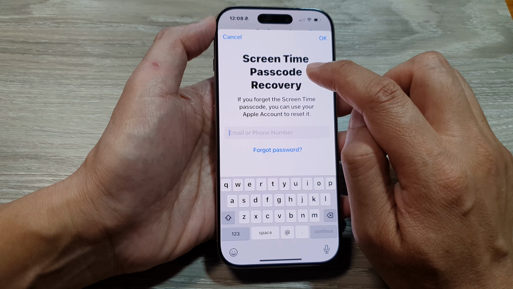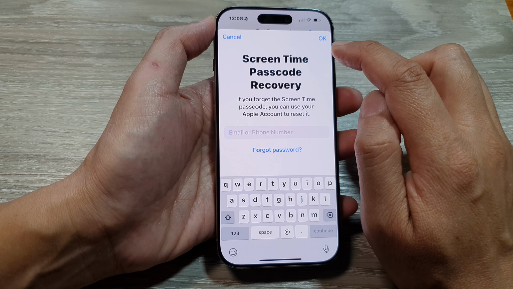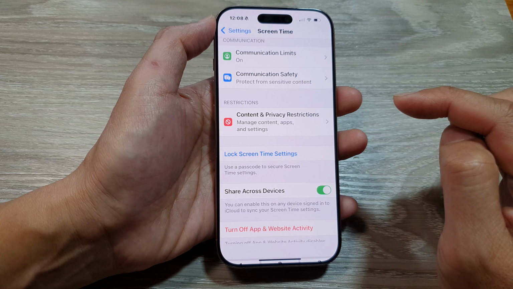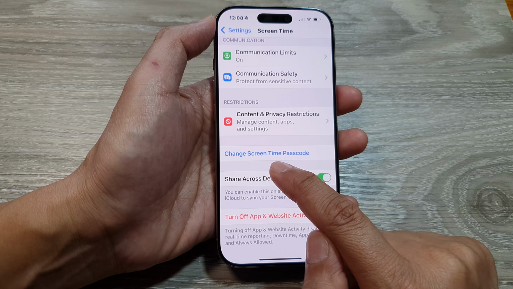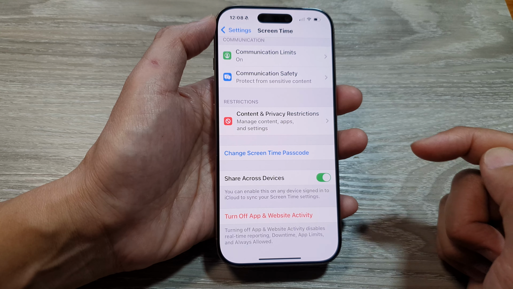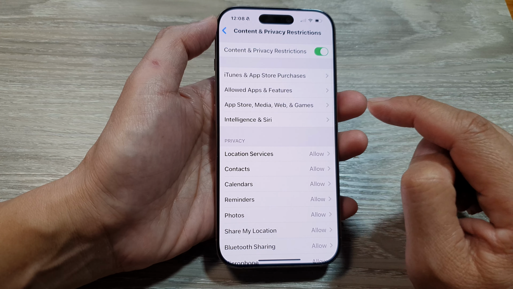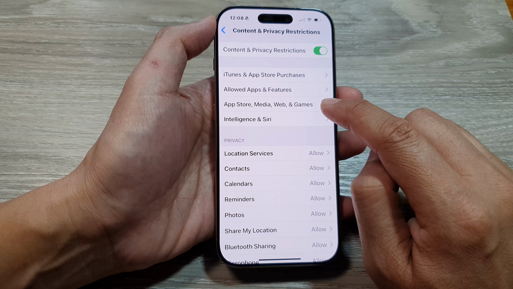Now it asks you, do you want to set a recovery code? You can do so, or you can simply just cancel. And then tap on Skip, and you still will be able to set up your screen time passcode if you tap on Cancel. Okay, next we go into Content and Privacy Restrictions, and then tap on App Store, Media, Web, and